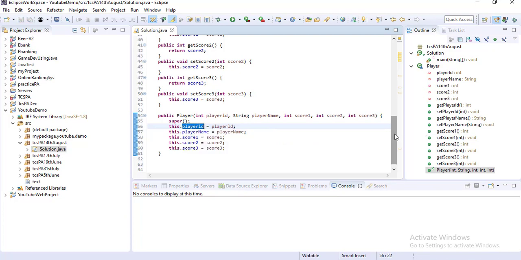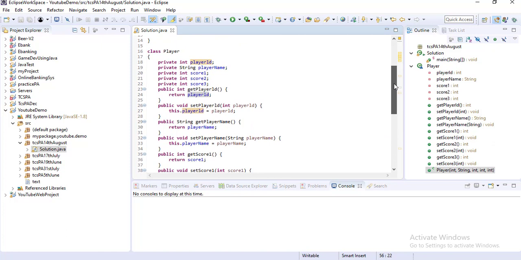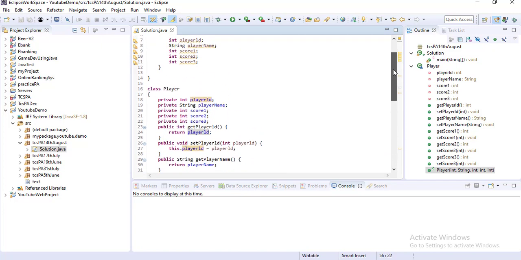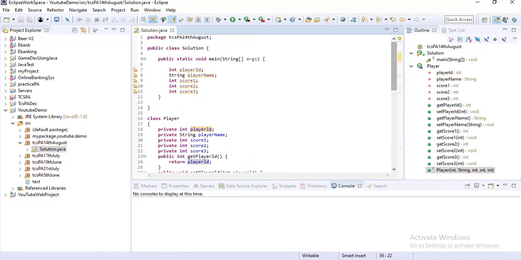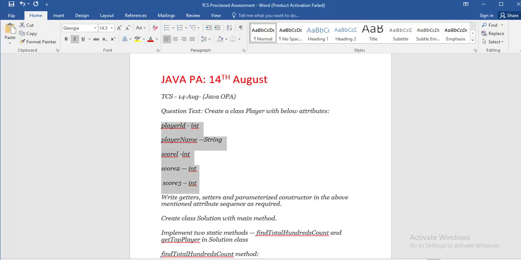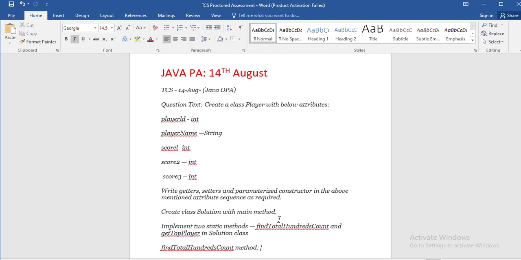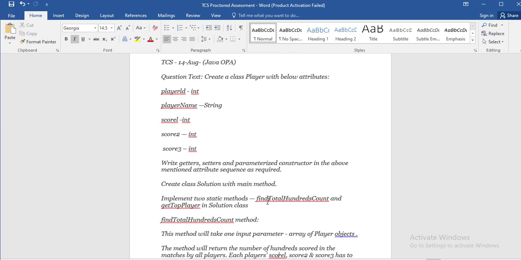So it's done. The implementation of the Player class is done. Then go to the assignment once again, and here you can see that inside the main method you have to implement two static methods: findTotalHeadCounts and getTopPlayers in the Solution class.